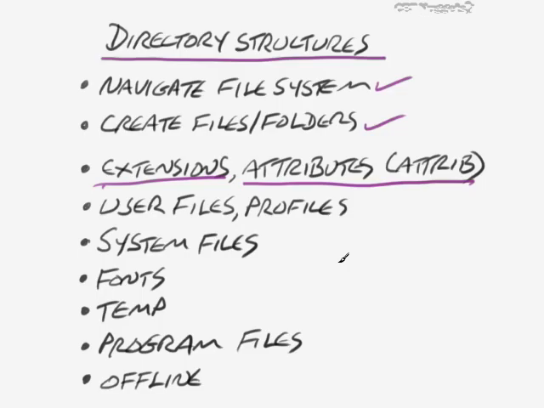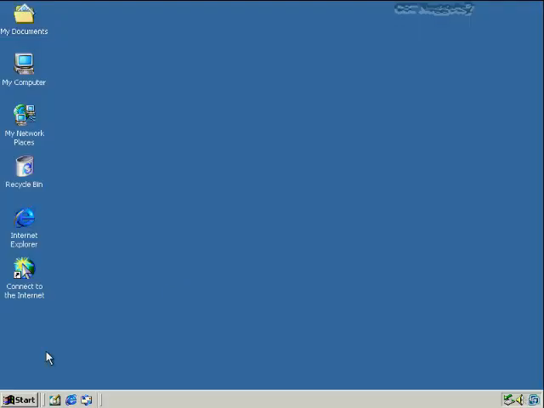Let's take a look here also at where user files can be located. And this would be documents that users normally create. Now, of course, users that know how to browse the file system could probably create and save documents in most any place they want to, unless it's protected by permissions. However, by default, where are these locations? Well, in Windows 2000, which is the most primitive of these, the default of them would be My Documents.